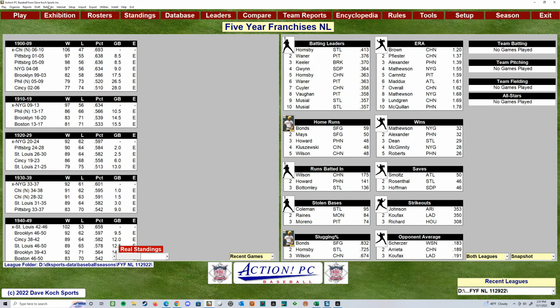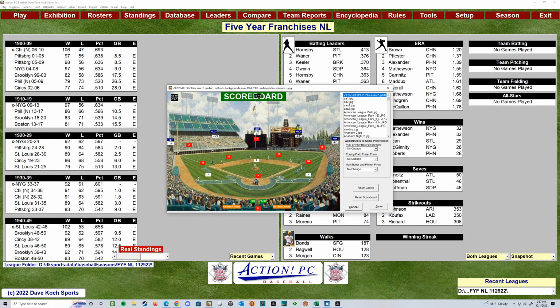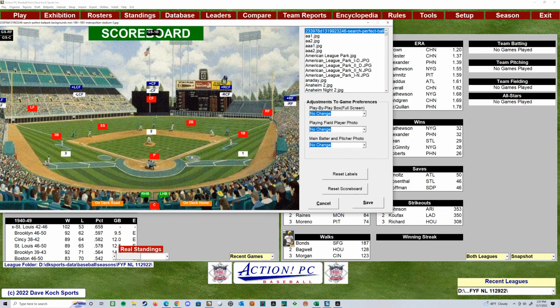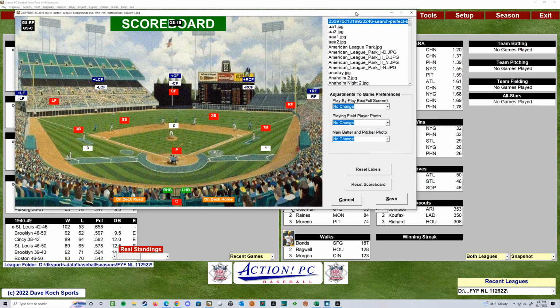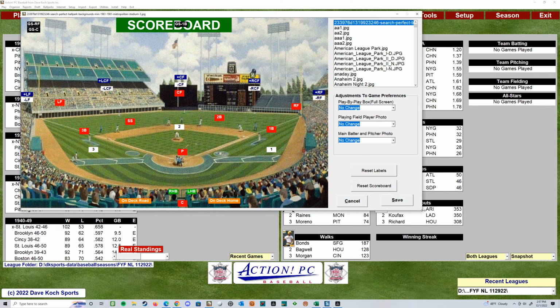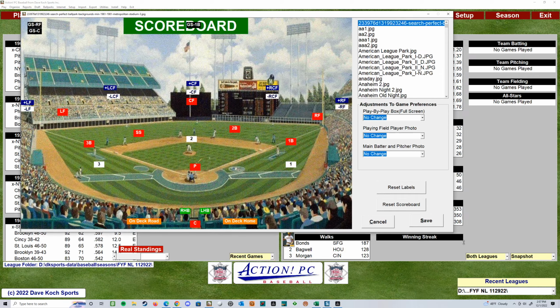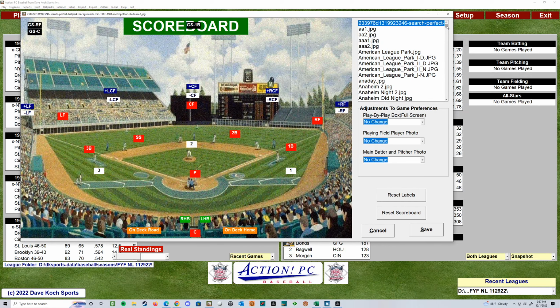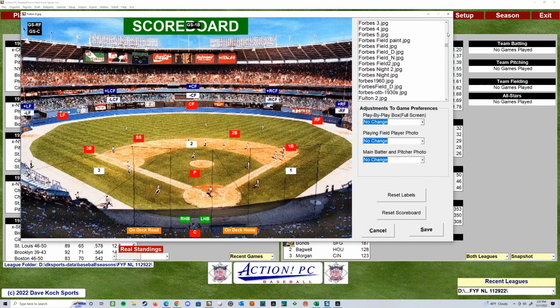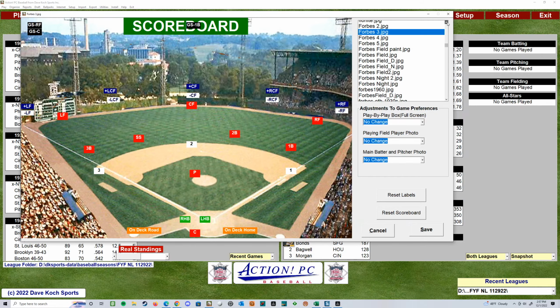So when I go to my ballparks, you can make sure they're assigned, and then you can go here and spend time doing your layouts. I like to drag this box bigger and make it look a little more similar. Like if I was playing 3/4 screen, I would grab it. Now let's see what we got for Forbes. Got a bunch for Forbes.